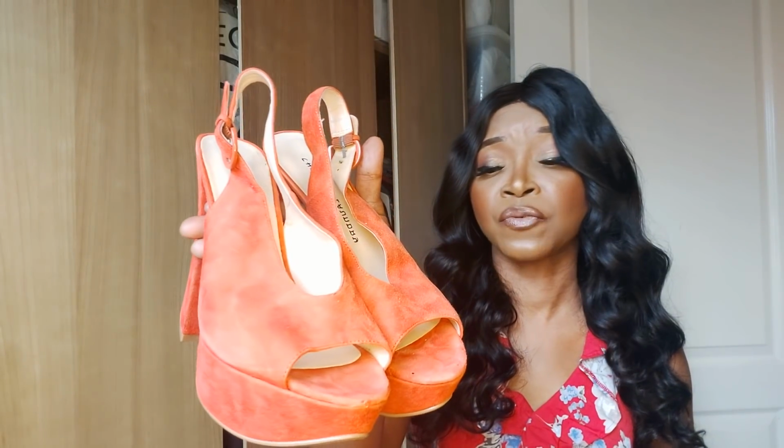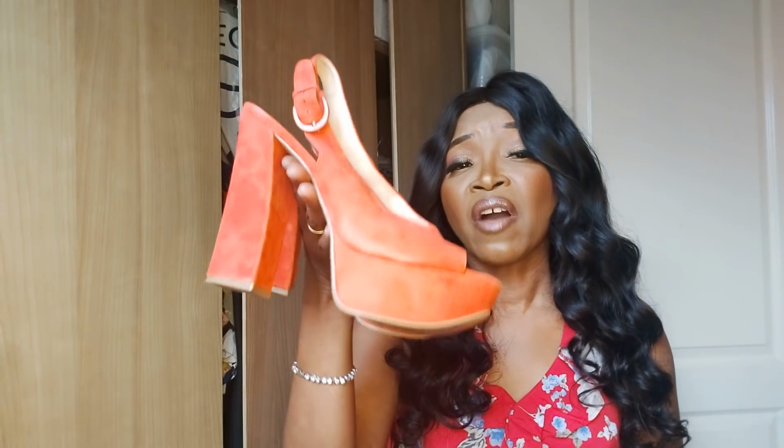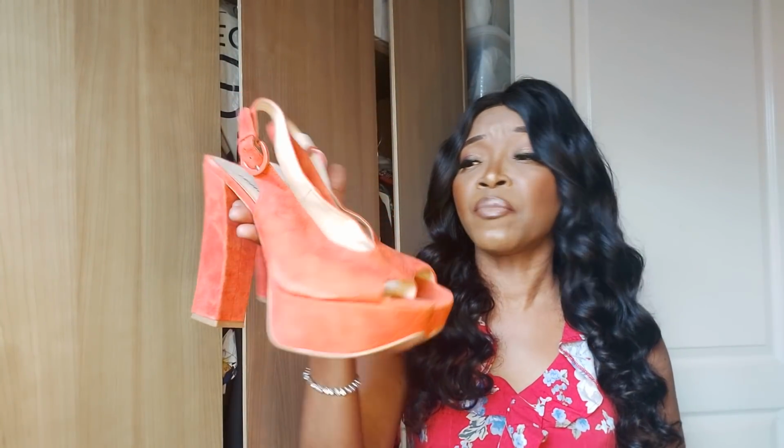This is from Chinese Laundry, that pair of heels. I think I've probably only worn this twice. I've paired it with these bright orange heels from Chinese Laundry. You can see that, Chinese Laundry. Yeah, but obviously you can also pair that with